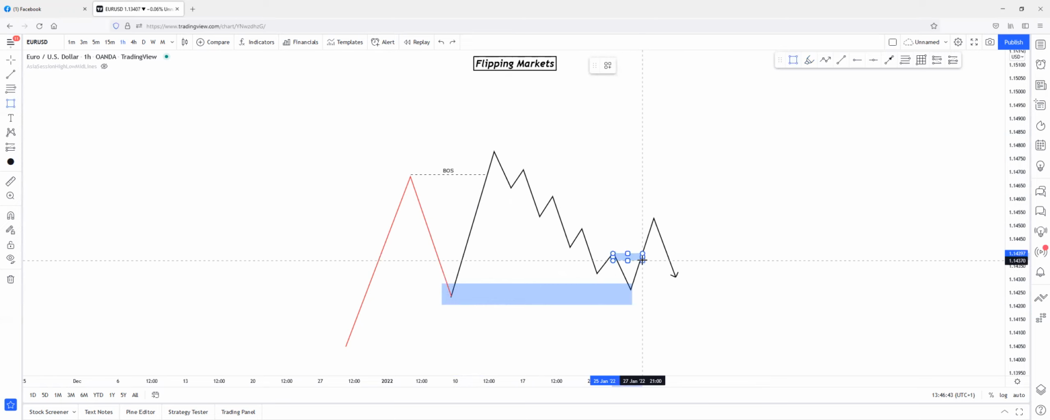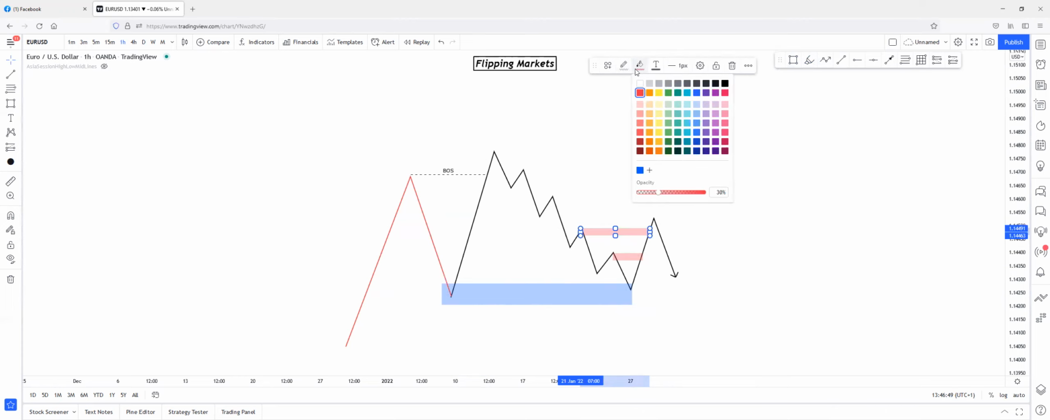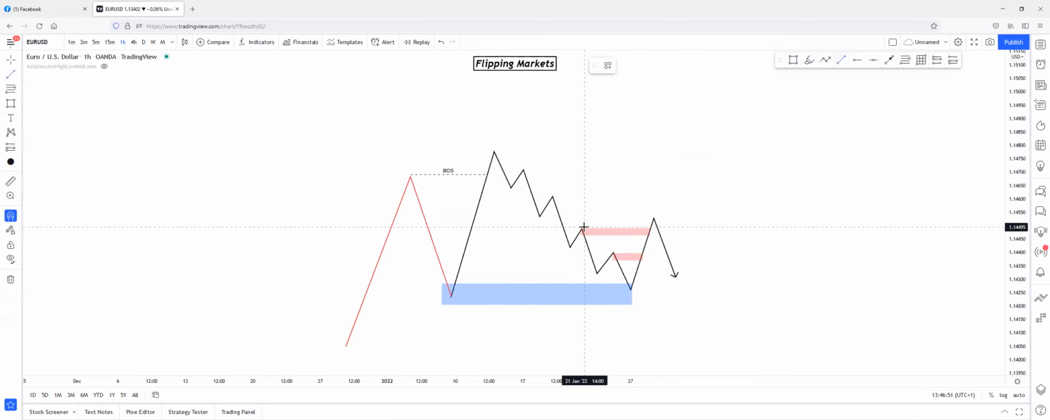So as you can see, we have a supply zone right here. Price just broke through that supply zone. We have a supply zone right here. Price broke through this supply zone too, and changed character on this region. Okay, so we have a change of character and the supply breaks, and we are expecting the continuation